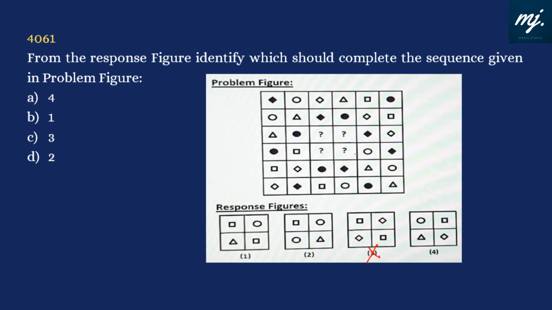Okay, and circle is already there, that means at this place obviously there would be circle without shading, and this is only in option 4. Now let me put in all. Here we have a triangle because triangle was also missing from the third column. Then we have a square, square was missing, and we have a rhombus, and that fits in. If it fits in with response figure 4, then each row and each column will have each figure appearing once. So response figure 4 is being chosen. That means option A is selected.